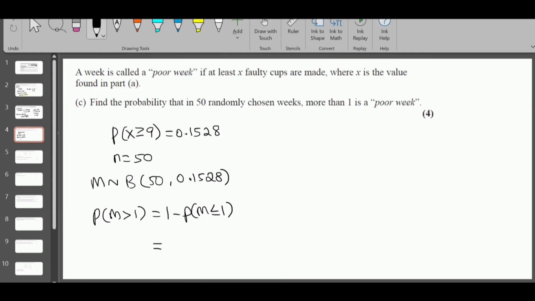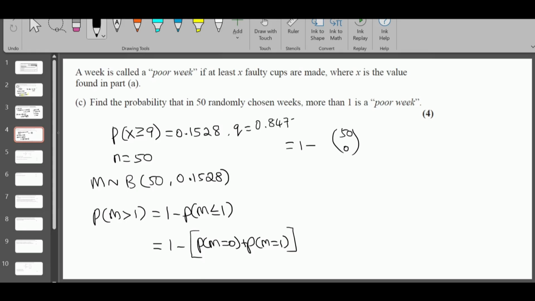And then one more thing, they would expect you to write this actually. P of M is 0 plus M is 1. Since it's a 4-mark question, you can't just take the calculator values actually. So 1 minus, now you can take the calculator values or apply the binomial distribution. 50C0 times p to the power 0, p is this, so q is 1 minus p, which is 0.8472. So 0.1528 to the power 0 times 0.8472 to the power 50